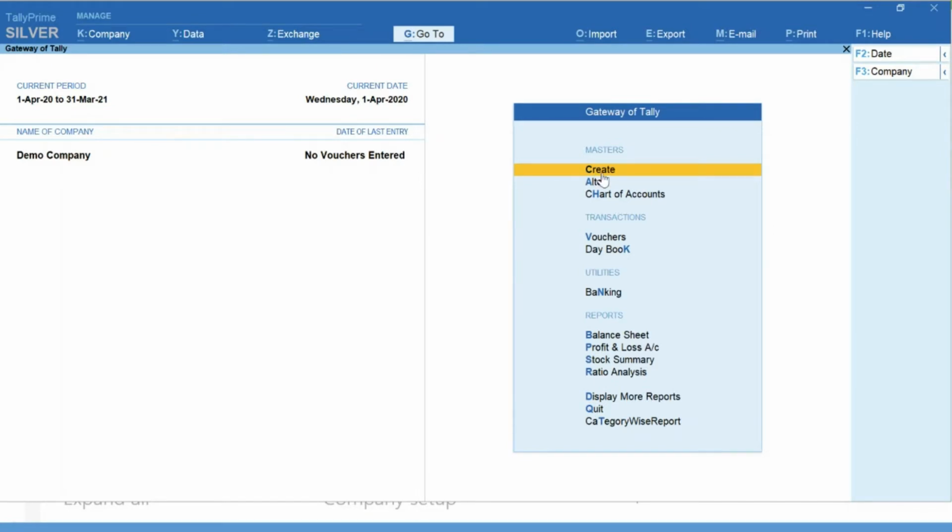That's all. When user wants to make some modification to any existing masters, he has to go to the Alter option. That's all. And whenever he wants to get into some other options which he wants to do with the masters which he has created, you can go to Chart of Accounts. Let me just quickly show you and demonstrate some of the things, how this is going to be useful for the user. So when it comes to the creation of the master, he'll just go on Create.